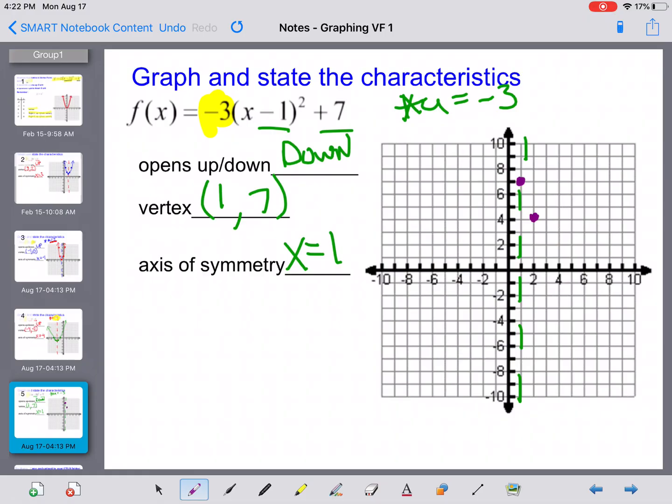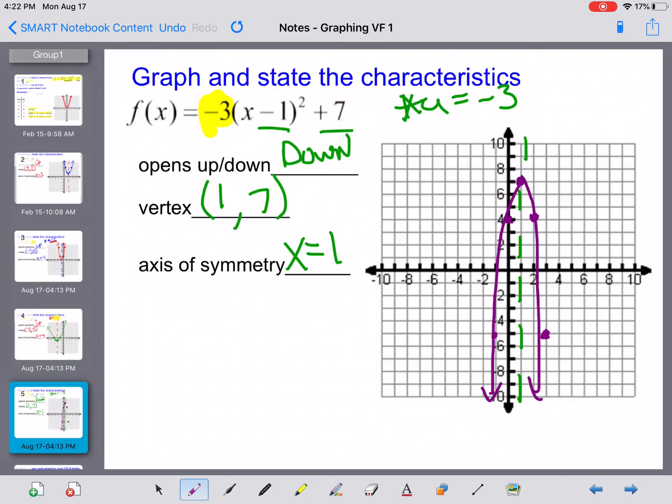Same thing, we go back to our vertex. Our parent graph, we go right 1, up 1, 2, 3, 4. But we are going to say 4 times -3 is -12. So you have to go right 1, down 12. And we have a point there. Once you do that, you reflect across the axis of symmetry. And we have this